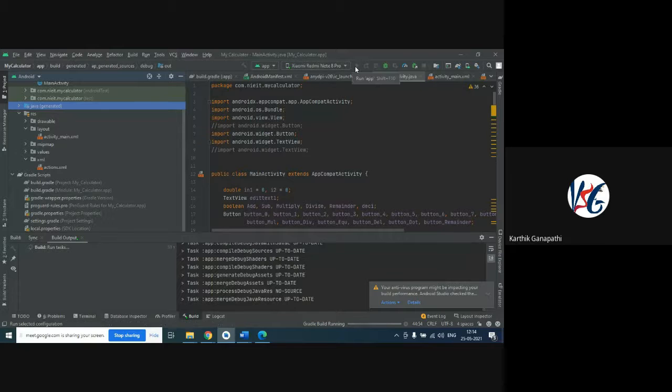So we can directly run the application on my mobile. For the first time it will take some time, and for the next time it will not be that complicated. So it is taking a few seconds, and it will be completing.